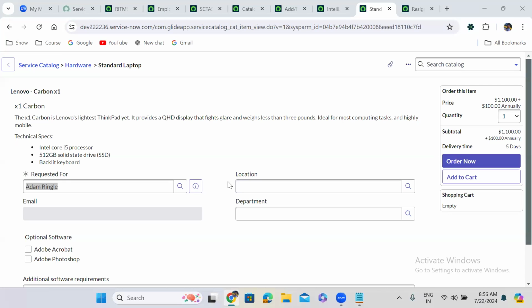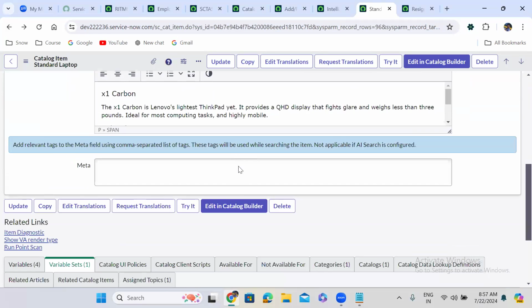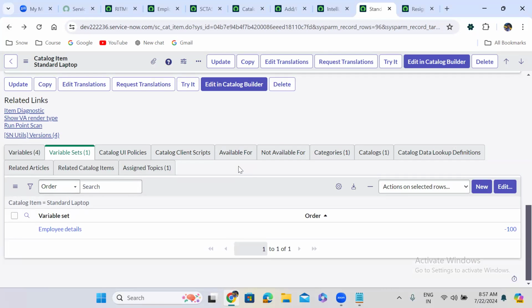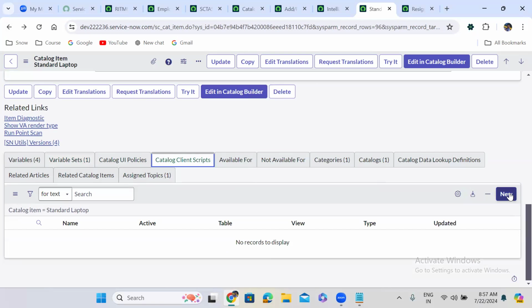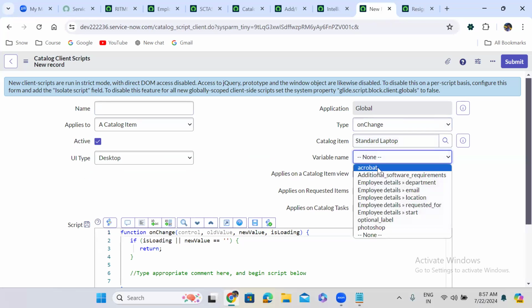On change client script. Okay. So you guys answered correctly. Where exactly do I have to write the on change client script? Do I have to write the on change client script at the catalog item level? Where exactly do I have to write the on-change client script? If I write the on-change client script at the catalog item level, okay, in this case I have to write